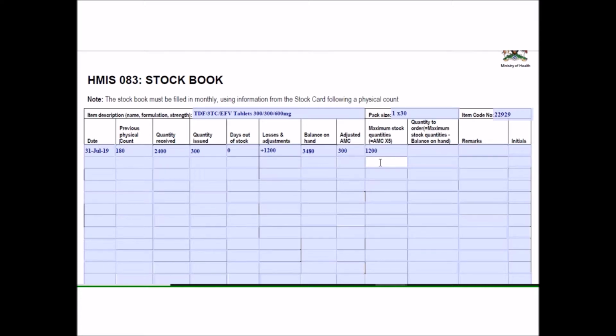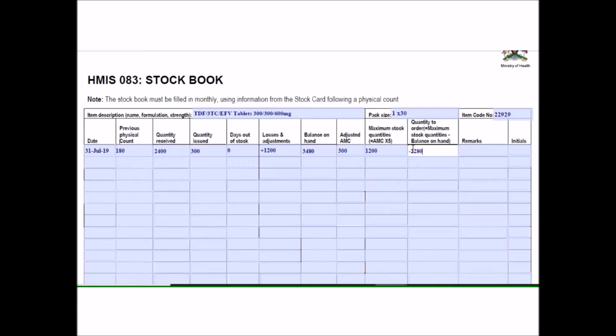Should be 1,200, and this gives us a guide on what to order. Our order is this: maximum stock minus balance on hand. So our balance on hand is 3,480, which means we have a negative quantity to order of 2,280. So the negative means these things we can give away, because if we take off stock 2,280, we remain